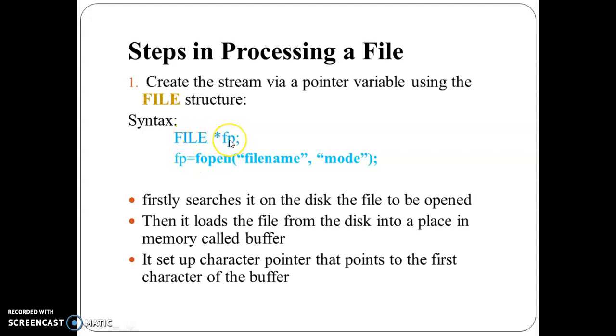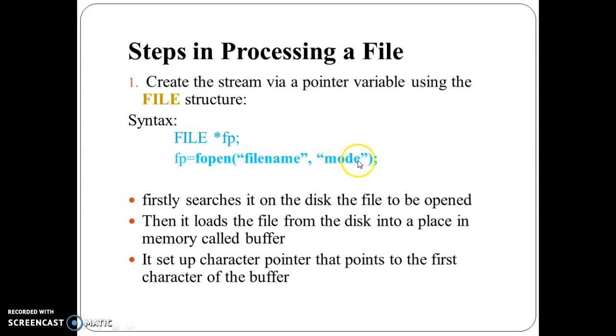Then with the help of this fp file pointer, first we are going to check which file I need to open, because whenever I want to read the contents from a file, first I need to open that file. So that is possible with the help of the inbuilt function fopen. F stands for file open, and its syntax is: first parameter I should provide the file name, comma, then in which mode I should open the file.